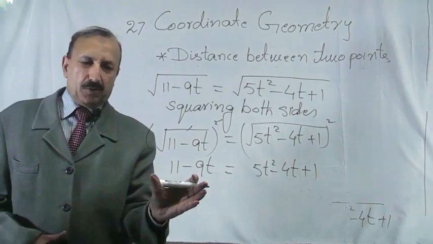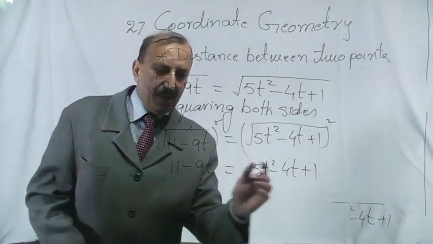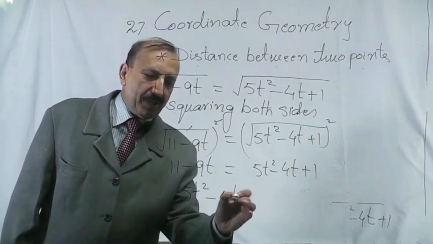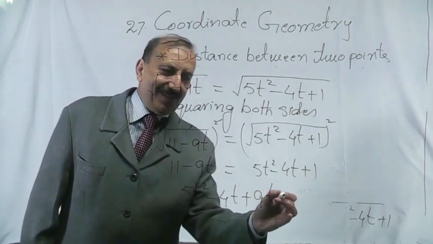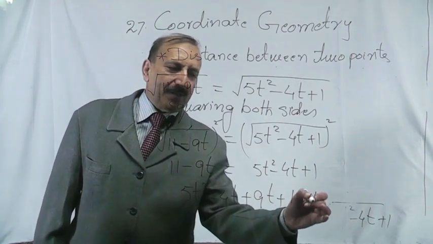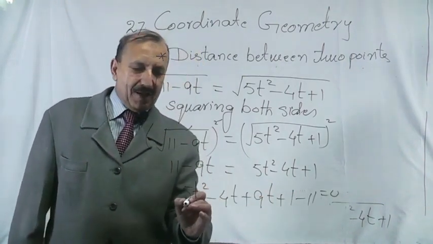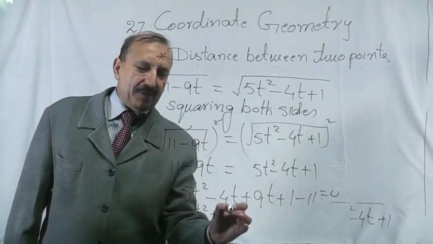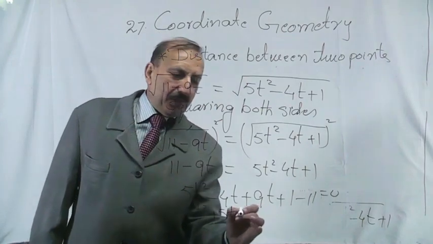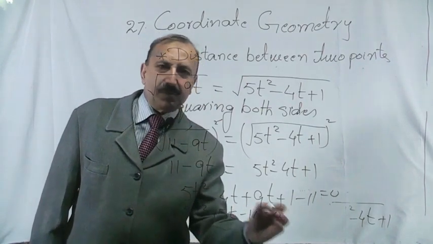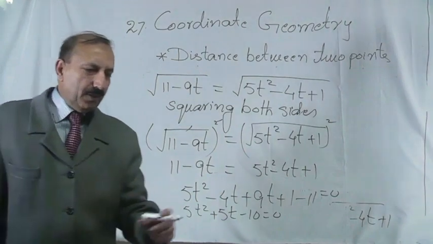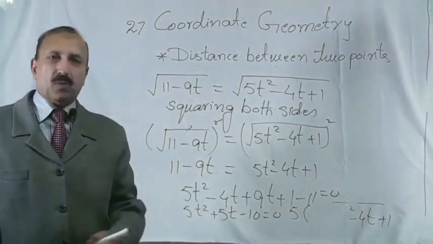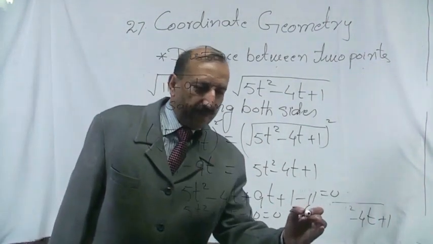Let's put all these values from the left side towards the right side, and we will have 5t square minus 4t plus 9t plus 1 minus 11 is equal to 0. And this will give us 5t square plus 5t minus 10 is equal to 0. Let's take 5 common from this equation and move towards factorization, looking at this quadratic equation, and we will get t